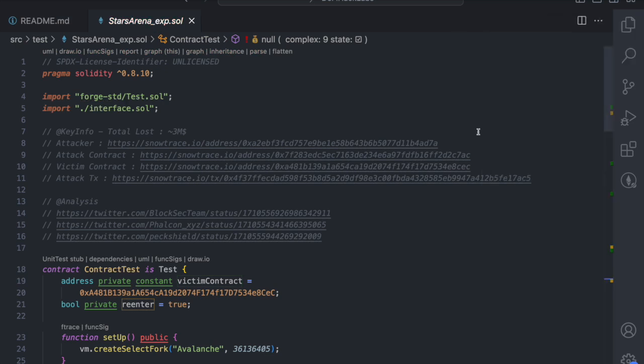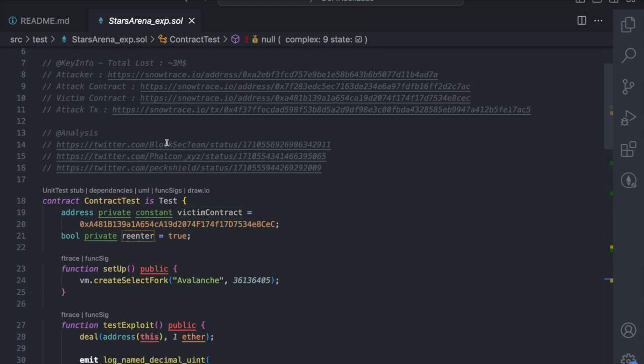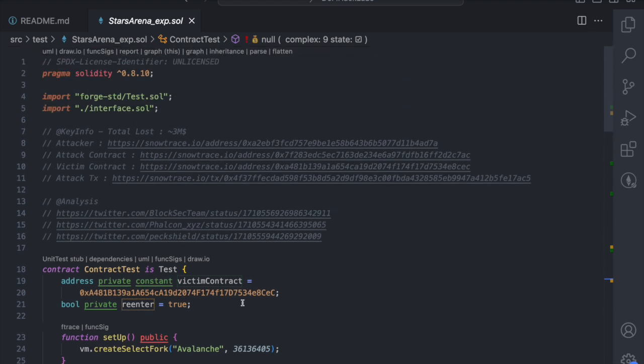So as we know, a common re-entrancy attack happens when we re-enter into a function using some type of fallback method to exploit the victim for however much funds we can. So this is an example where Stars Arena actually is pretty close source, but apparently they forked from Friendtech. So they forked and I guess made some small edits or changes that they shouldn't have, and it resulted in